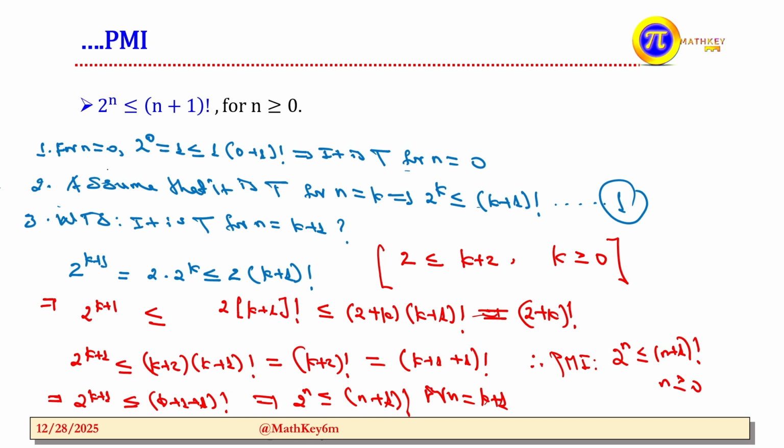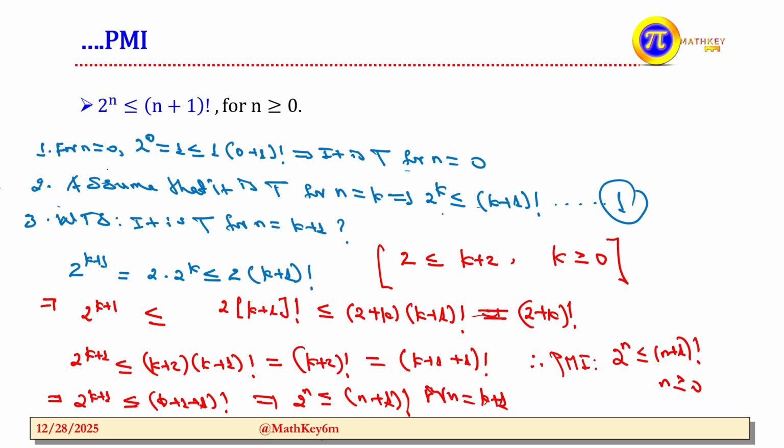We will try to use the assumption. Taking our assumption, we will try to check whether it is true or not for n equals k plus 1. When we do this check, you will try to rearrange each step to arrive at a form that 2 to the power of k plus 1 is less than or equal to k plus 2 factorial, meaning we rearrange. From this when we come to here